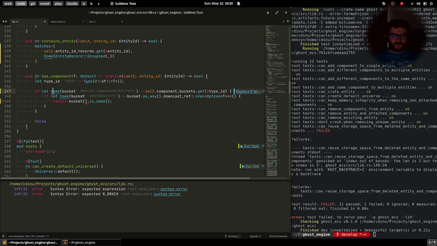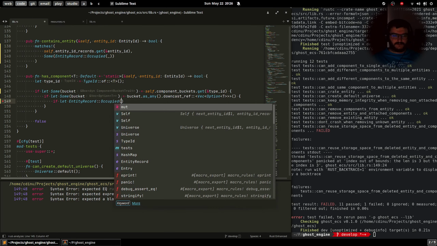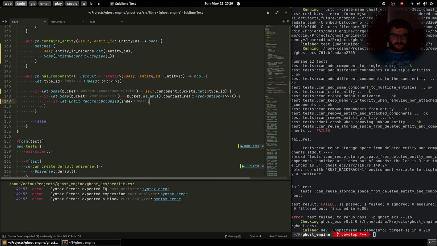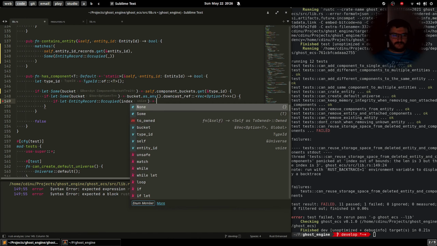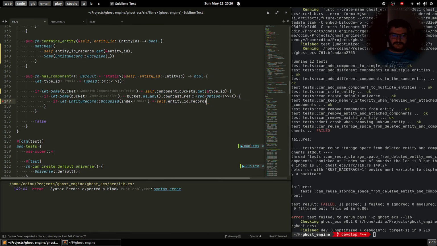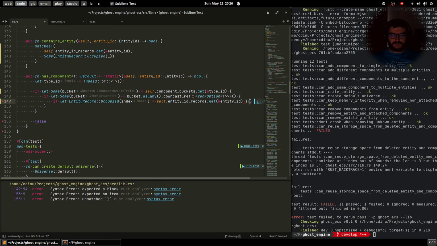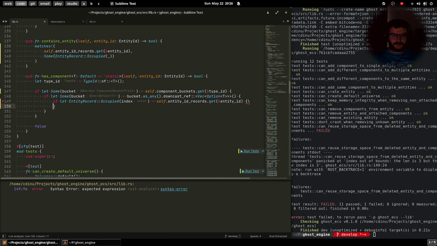We get the bucket for the type ID. Then we downcast the bucket. And then if let records, entity record occupied, index equals with self that, records ID records get, and we get based on the entity ID we get as a parameter, and if we have that